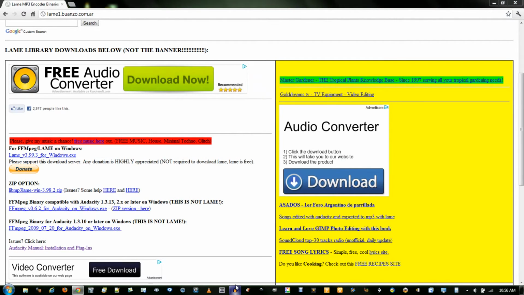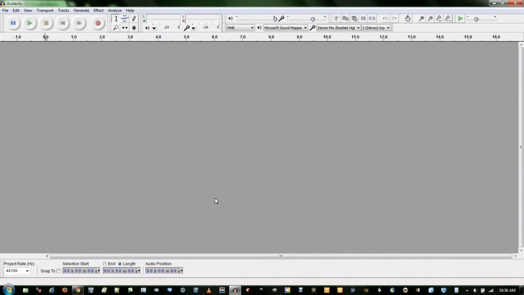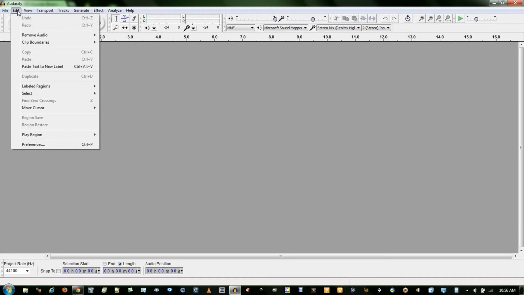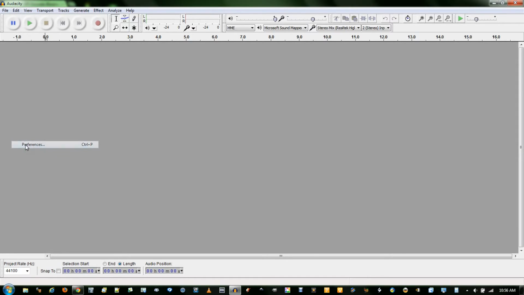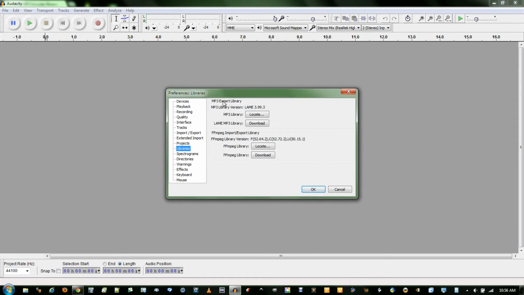Now I'll reopen Audacity. If you had Audacity open while you installed this, you'll have to restart Audacity. Now the way to check if you can save MP3s is go to Edit, and Preferences, and you see this MP3 export library. It says LAME version 3.9.3. If you do not see any number here, and it says something like cannot be found, you need to click